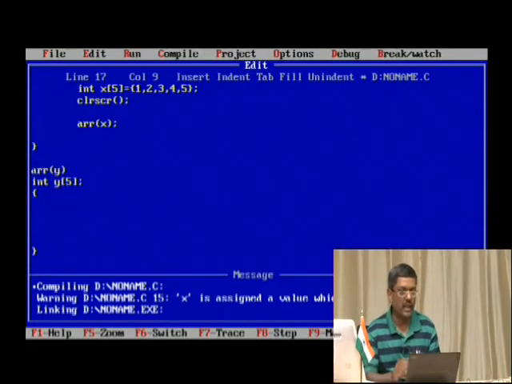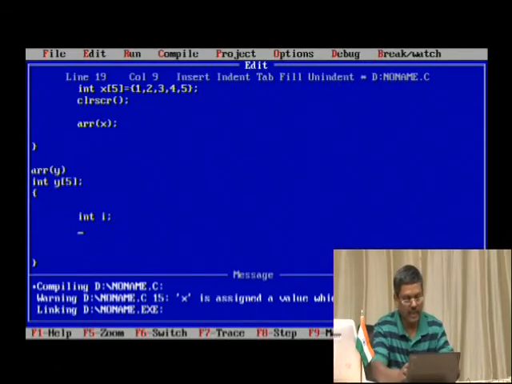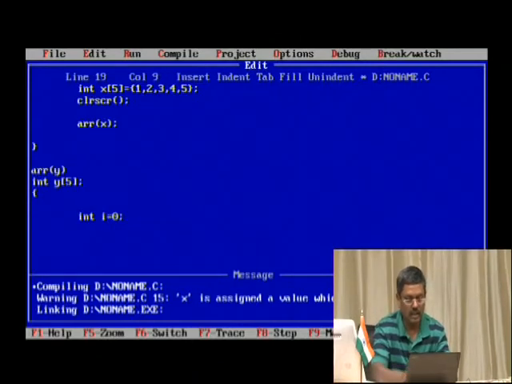to y of 1 2 3 4 5 like that. So these numbers will be copied into y location in the memory. Now how to access that? For that we need a counter. To access the location, y of I, where I can be 0, 1, 2, 3 like that. We know the first element is at position 0. Then we need a loop, or you can even initialize here itself with 0. What is that loop? Where I is equal to 0, already we have declared.